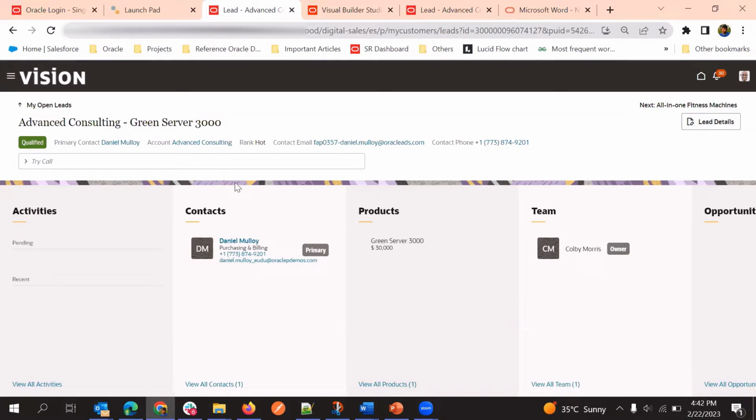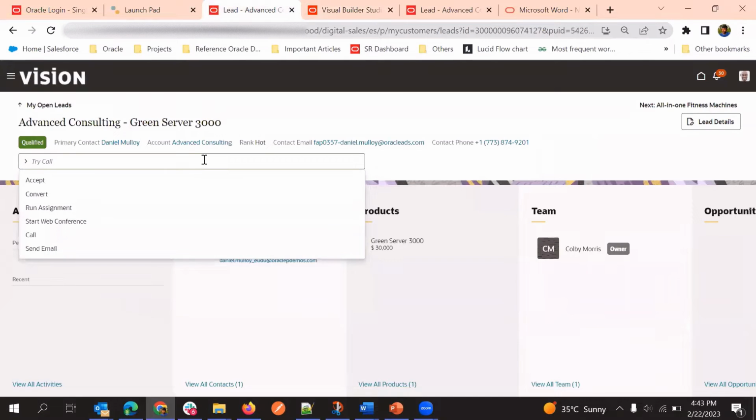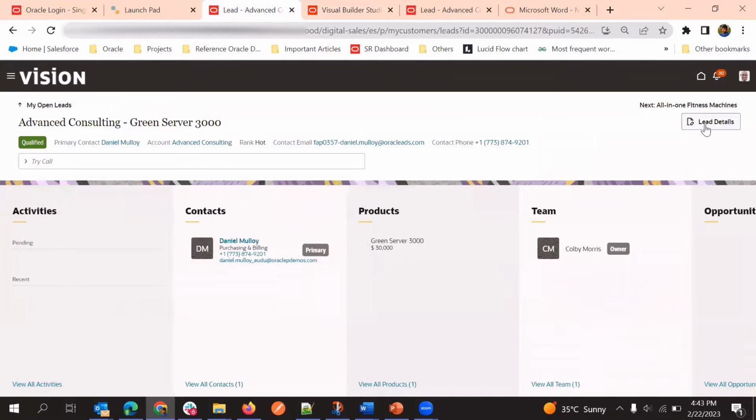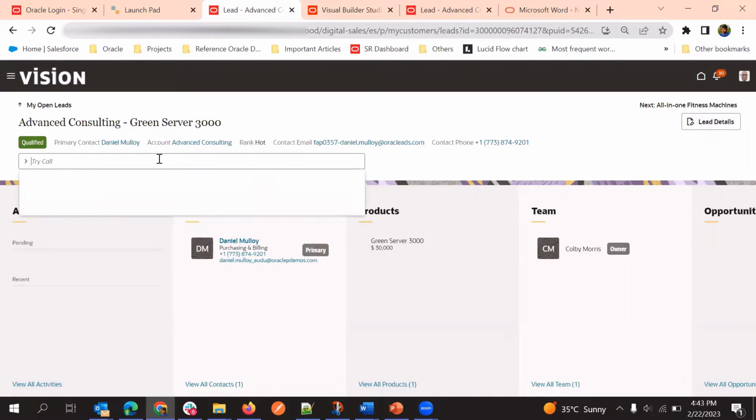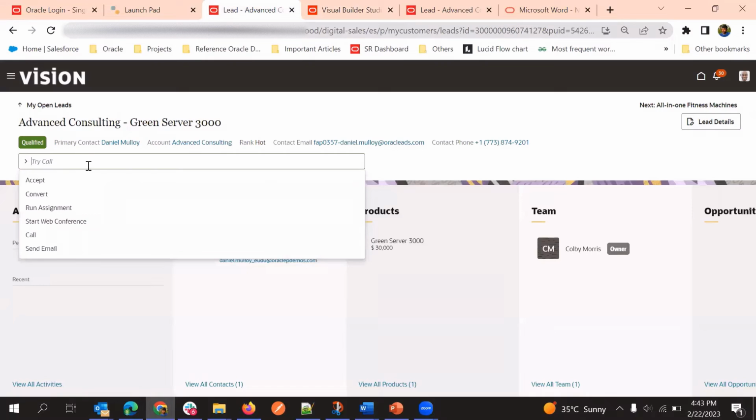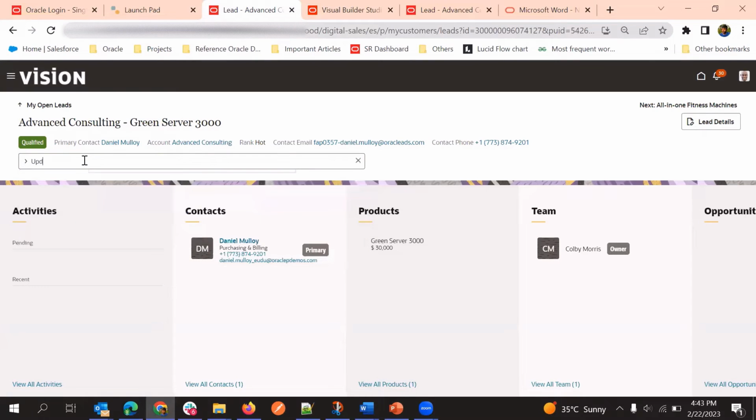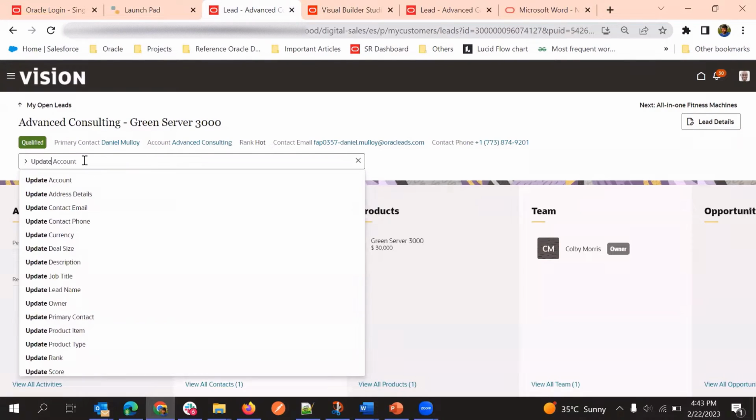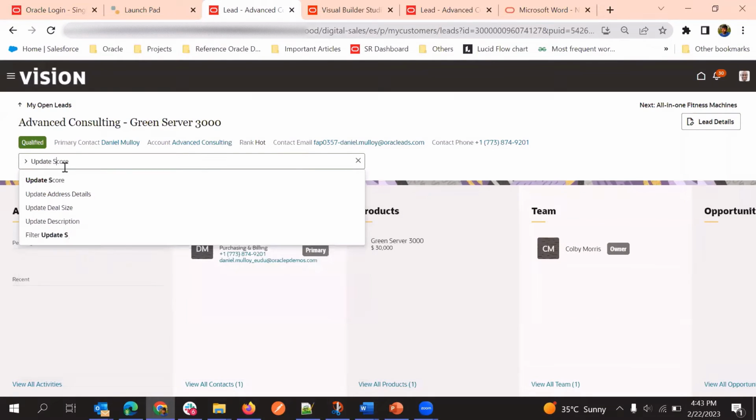Okay. And one more point, if we want to update a few fields, we can use this lead details page, or we can use this conversation action bar, and then we can update a few fields. Suppose you want to update status, the status of this field. So we can just type update status,